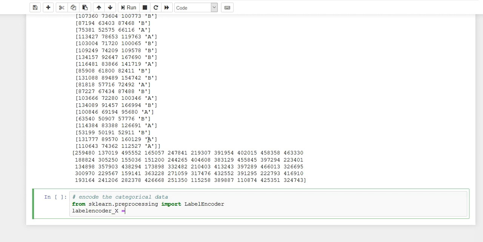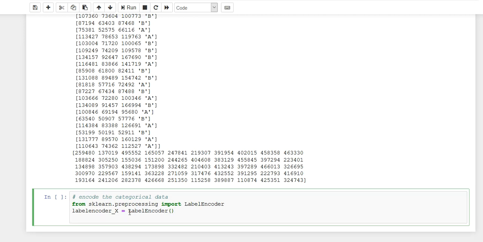If we have to encode variable y, then we have to change the variable here to y. Label encoder y, and then we call back label encoder like that,